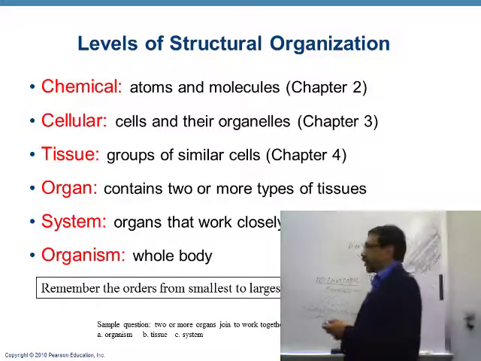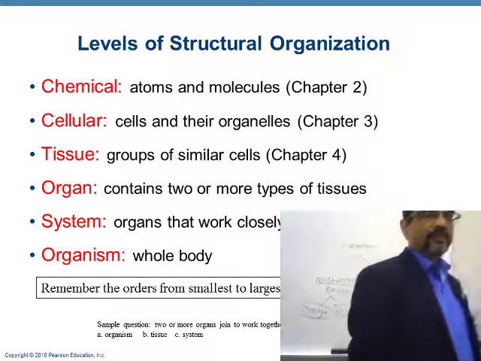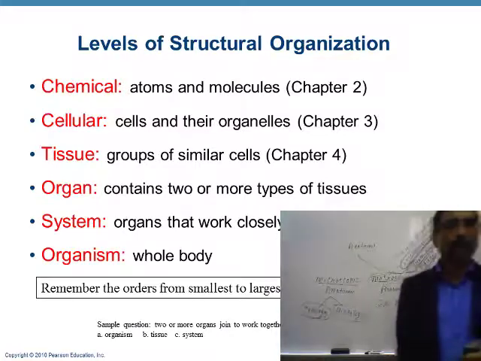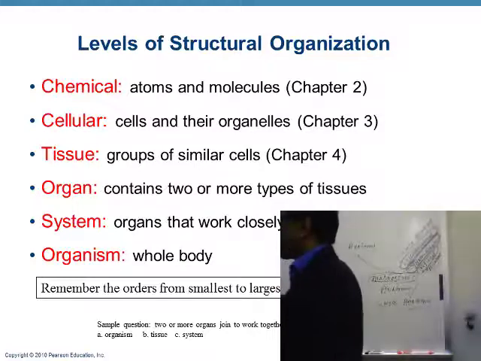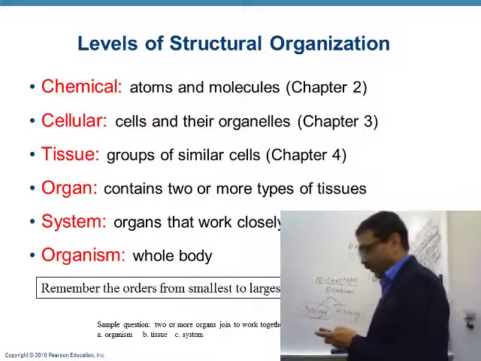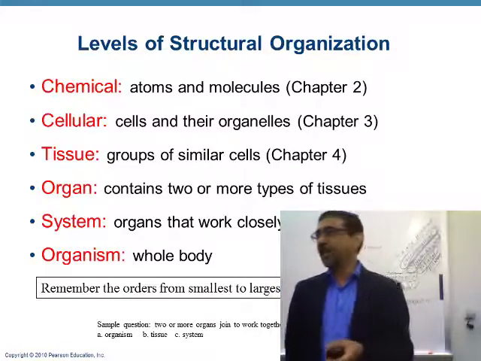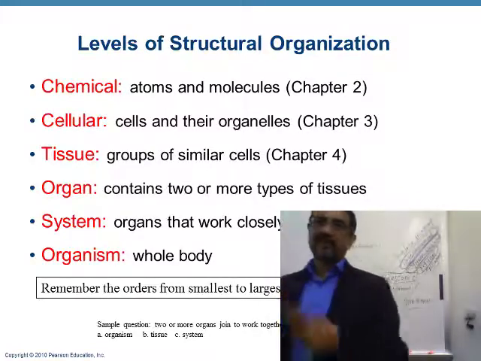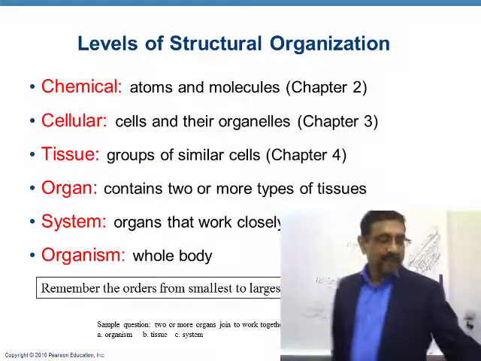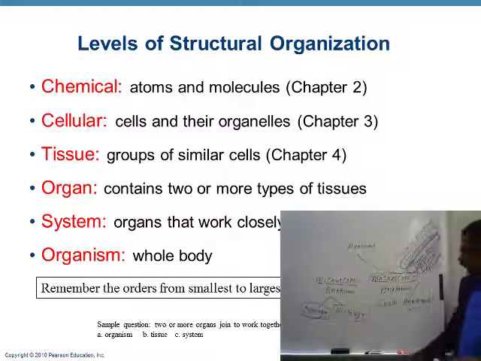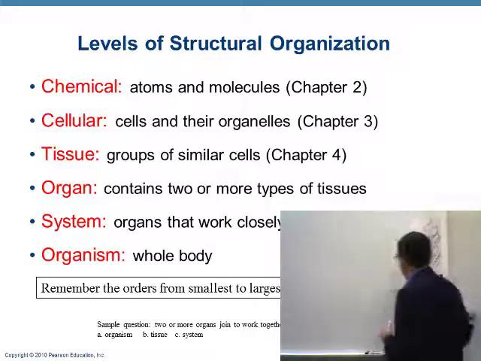Then organ. Two or more tissues join together to form an organ. So, for example, your heart, your lung, your trachea, blood vessels, arteries, veins, all those are organs. Now, if you see a blood vessel,